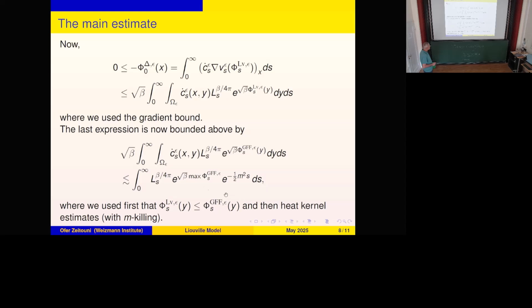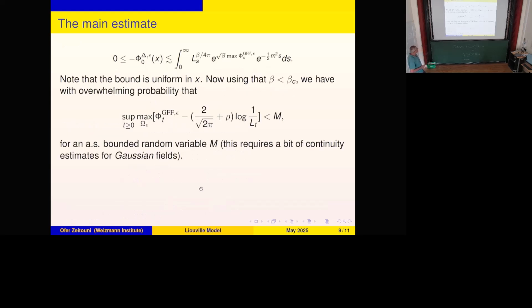In particular, we know that it behaves like a log S times an appropriate constant. And if beta is smaller than the critical beta, there's a chance that something here will work. And indeed, the bound, when you use that beta is smaller than the critical beta, which translates to b equal